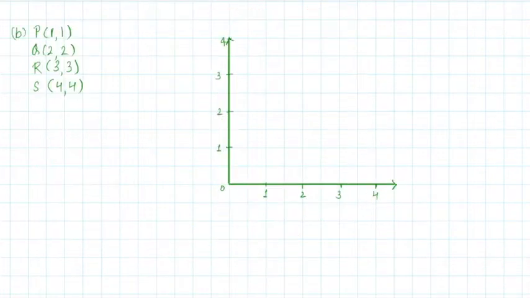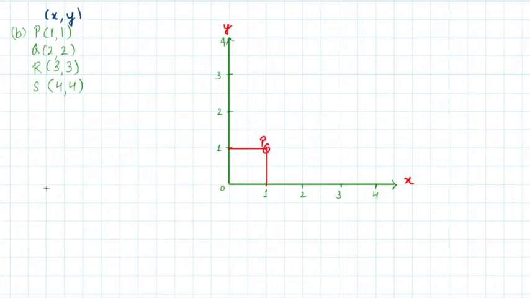Let's see the second part. There is another set of ordered pairs given: P, Q, R, S. Remember the position is x and y. So let's plot these points. x is 1, y is 1. First is P. So when this is your x and this is my y, right? When x is 1, y is 1. So if this is 1 and this is also 1, they are meeting at this point. So this point will be your P point, right?